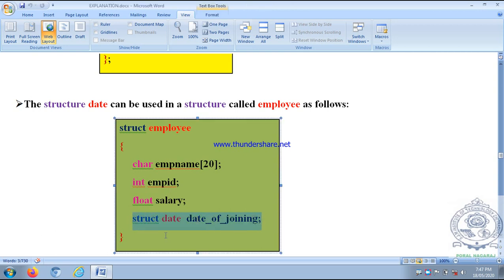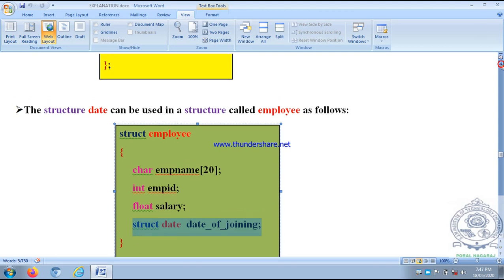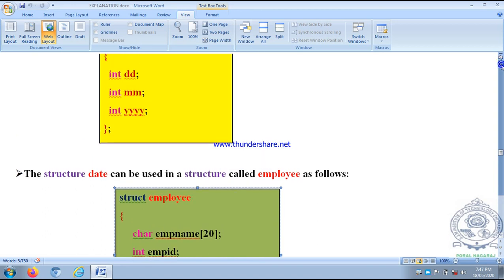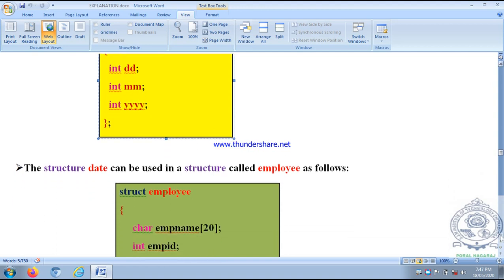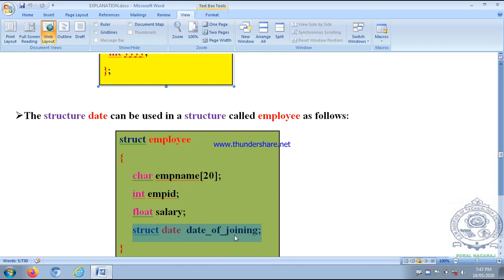It is another structure, so you can observe that it begins with the keyword struct date. The date structure is defined using struct date, and the same struct date is used here with date of joining.